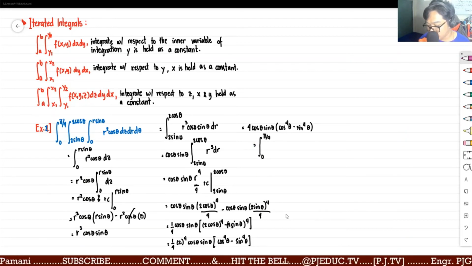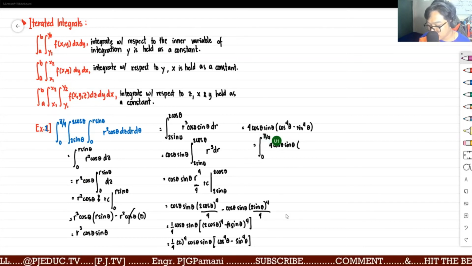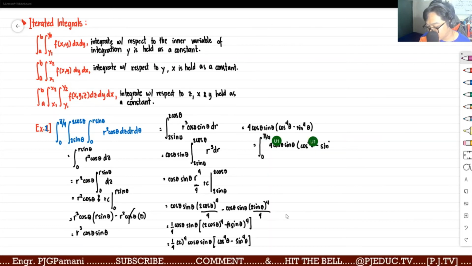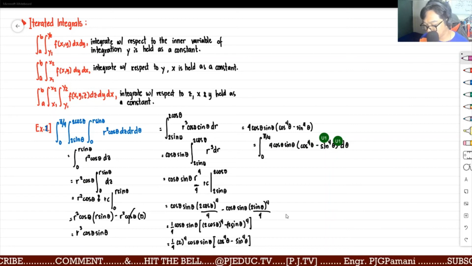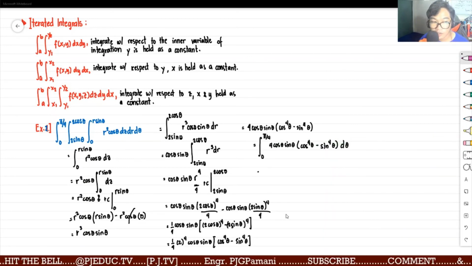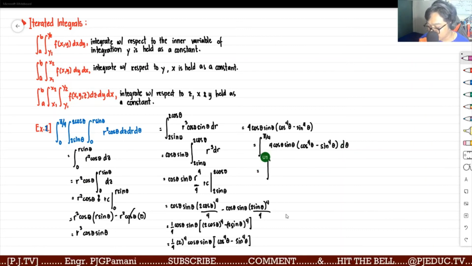So our new integrand is 4 cosine theta times sine theta times cosine raised to the fourth theta minus sine raised to the fourth theta, then d theta. So with that, other variables besides theta will be held as constant. Let's distribute, take out 4, 0 to pi over 4